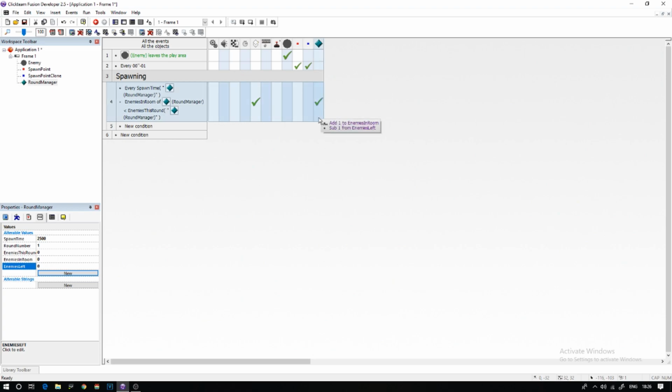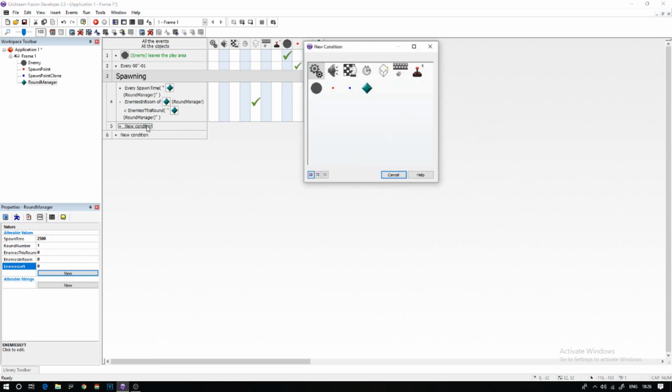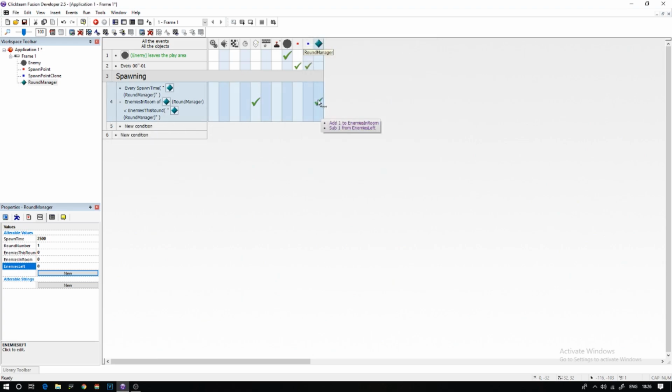Then what we're going to do... Right, I'm losing track of what we need to do here. Okay, I'm focused on everything right now. So we have him spawning in. It's adding 1 to the enemies that are in the room, and then it's also subtracting 1 from enemies left. So we're going to want to make it so that if